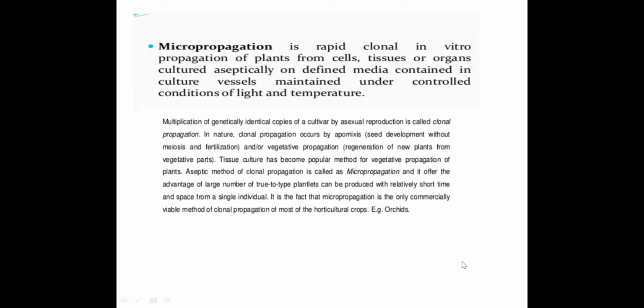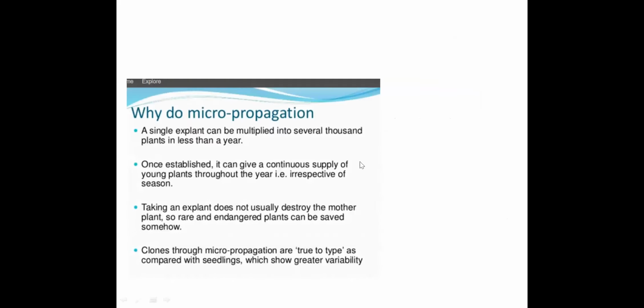Most of the crops which are threatened, or which are in high demand because of drugs or pharmaceutical importance, aesthetic importance, flavor, or any kind of industrial importance, you need to propagate in a shorter time. You need to get a large number of plantlets for reforestation, afforestation, to grow forest. So whatever it is, clonal propagation or micropropagation is the only choice available. So why do micropropagation? The other two slides will describe the importance.